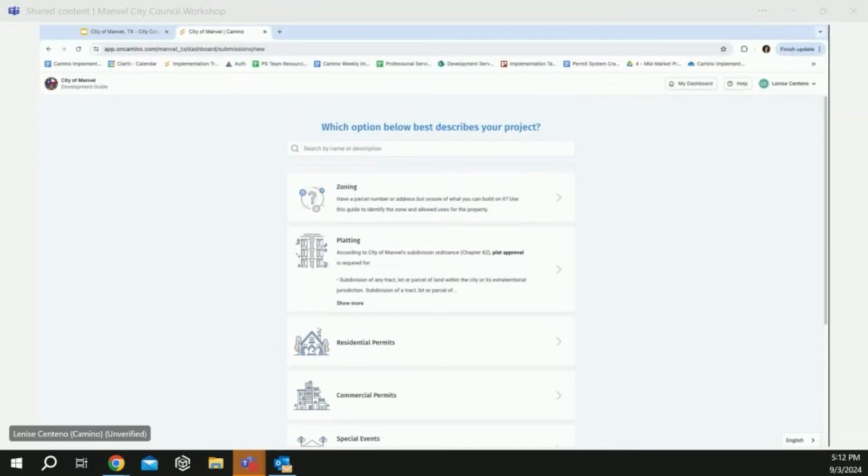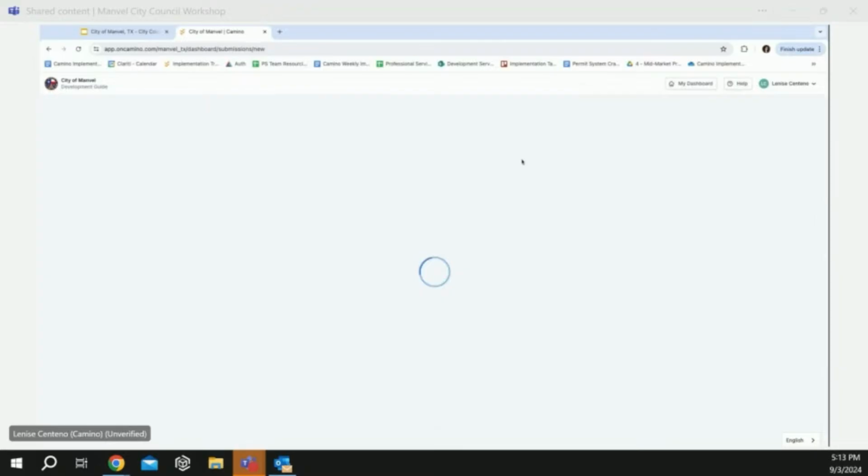Currently today, how we have it set up is, let's say I have a property ID or an address, and I'm just looking to get a little bit of information on that parcel, whether that be what can I build on that property, am I in a flood zone, and are there going to be additional requirements? It also covers things that I may not even, as a resident, think to ask. Some future modules that we're looking at are a step-by-step guide for zoning applications. But for now, I'll go in and do an example of a residential search here.